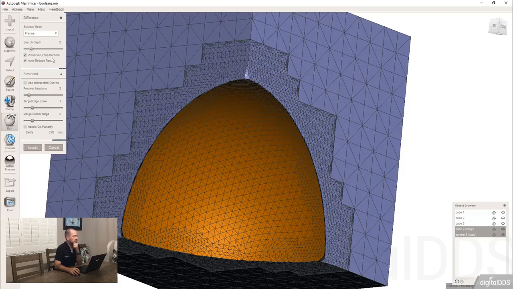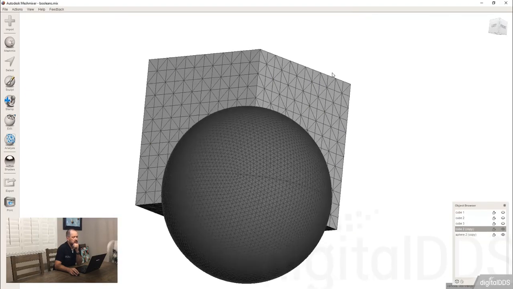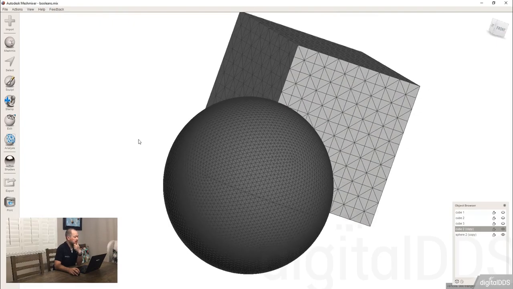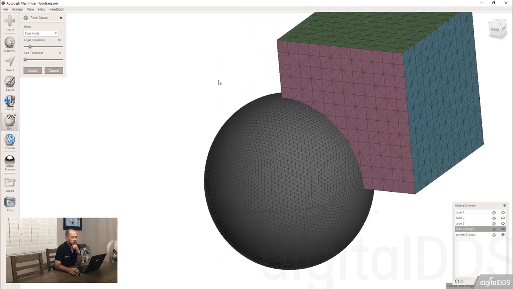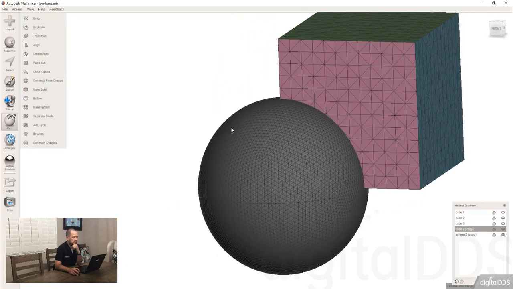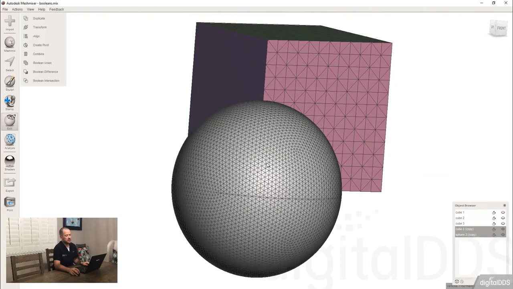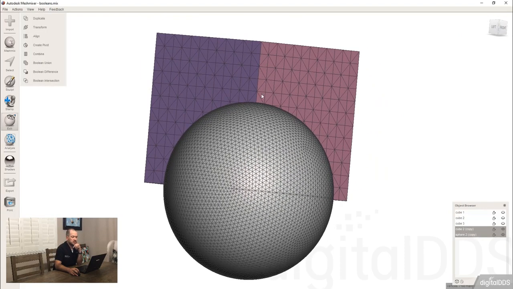I'm going to talk about that. Actually, let's talk about that right now. Okay. I'm going to hit cancel. I'm going to click on my cube. Now, obviously, not everything is going to work out this nice, but with a cube, it actually works fairly well to do the generate face groups, hit accept. So now when I do my Boolean, it's preserving the face group borders, which is going to create a sharp